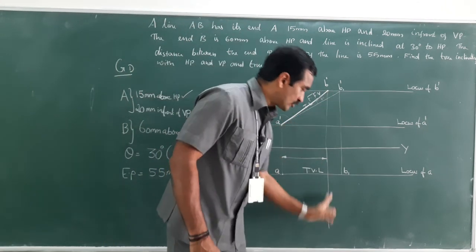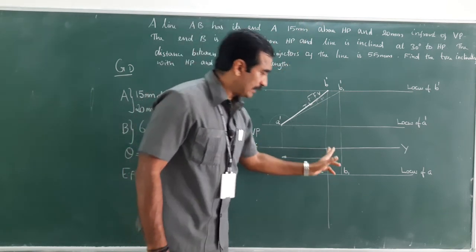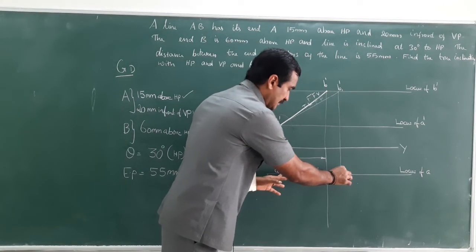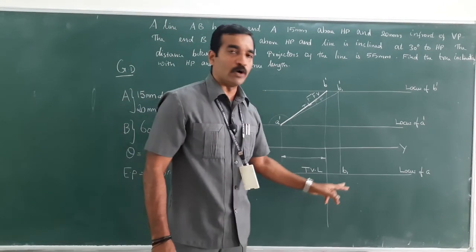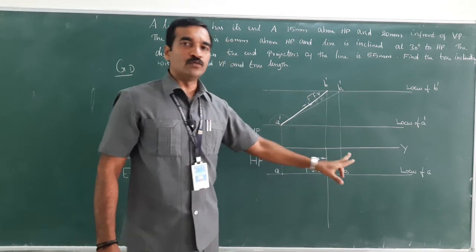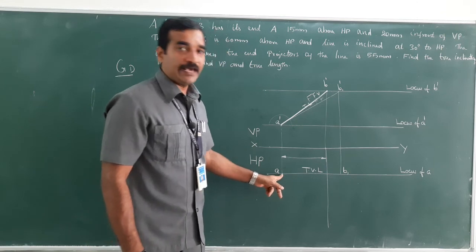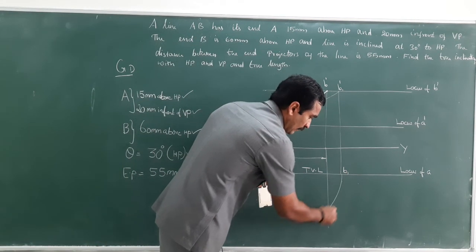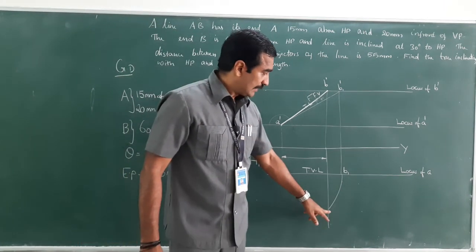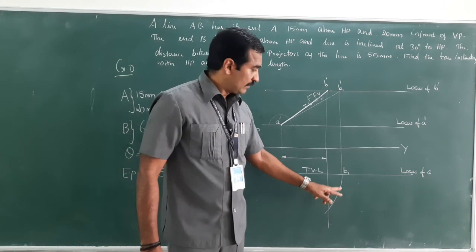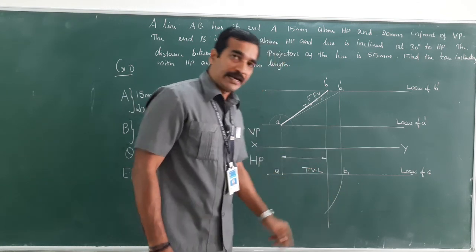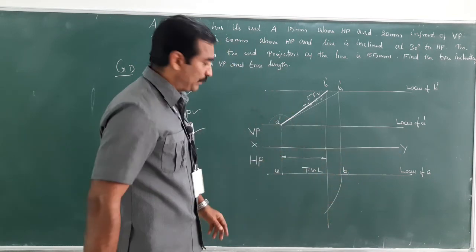Now this line has been extended vertically upwards and downwards. Now keeping this as radius, that is AB1 as radius in our compass, take AB1, that is the top view length, and with A as center, cut an arc. So the line which is intersecting this EP, that is end projector line, is nothing but the locus of B.